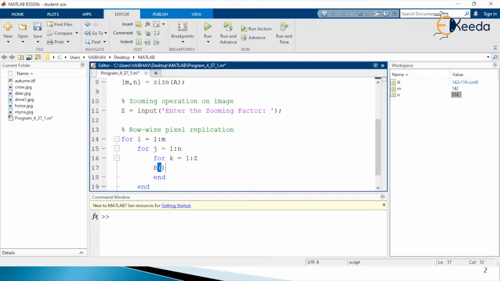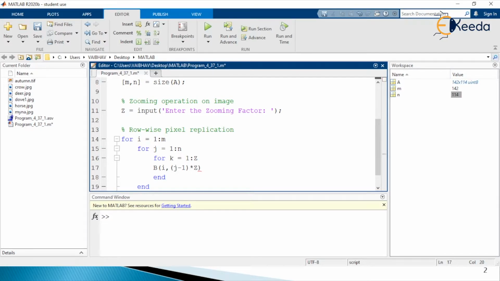So here the logic we develop: capital B, within the parenthesis we have the first variable small i, comma, we have the second variable generated for row wise operation. Here we write within the parenthesis small j minus 1. In multiplication, the multiplication is shown with the help of the asterisk operation.